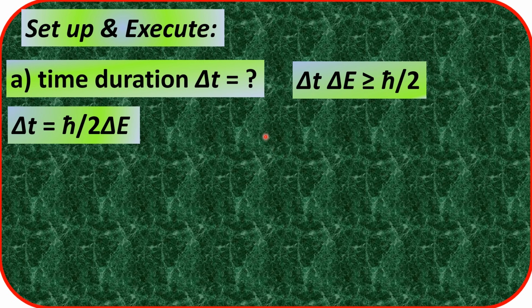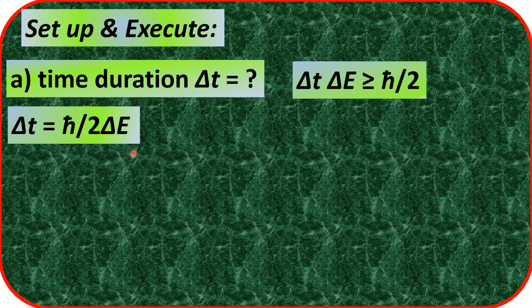Taking the minimum time duration, we have delta t equal to h bar divided by twice delta E,